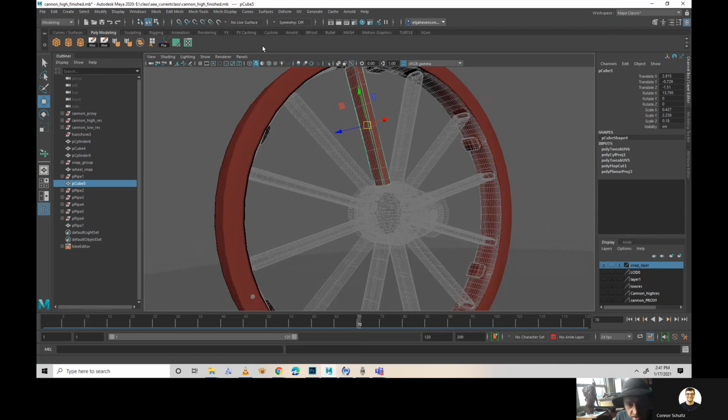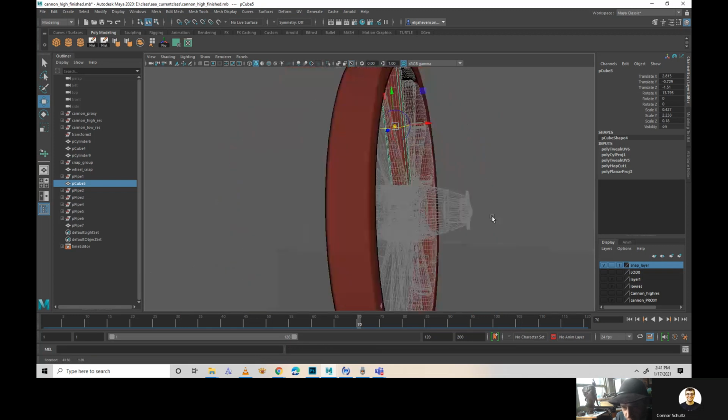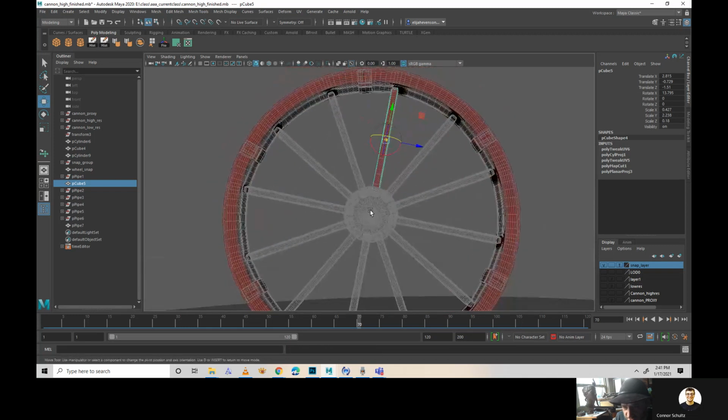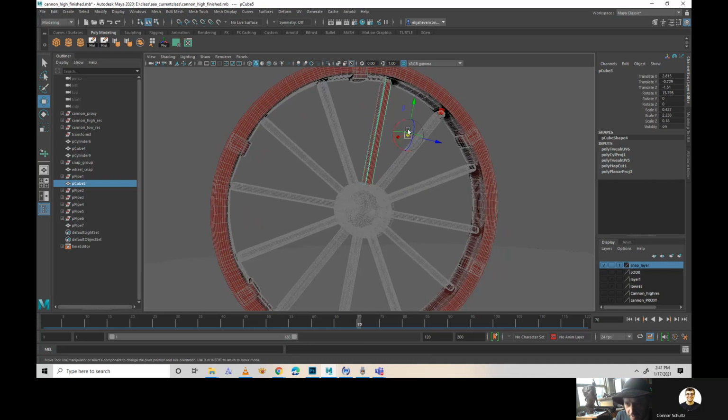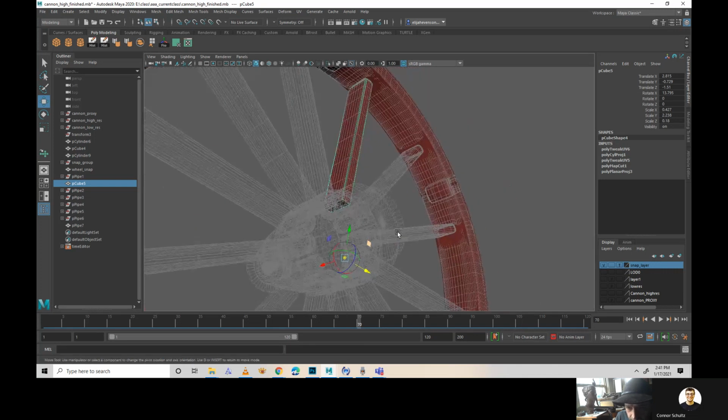And so what I'll do is I will make sure the pivot point of this is moved and snapped to kind of the center star of this axle cylinder. So I'll hit D. We can move the pivot point. I'm going to hold down V. We have no live surface right now, so this will work. V-snap doesn't work if you have a live surface. It doesn't know how to handle it. But if I hold down V and I snap to the star in the center here,